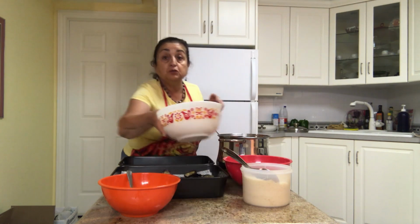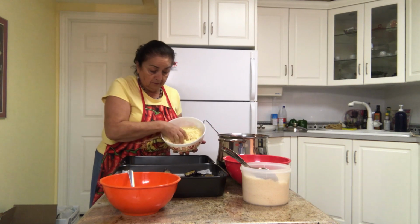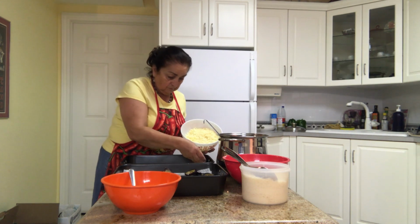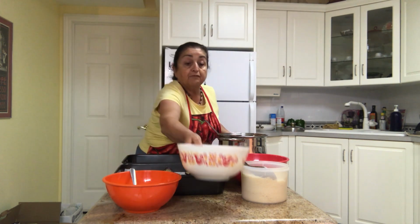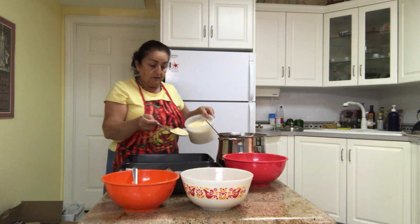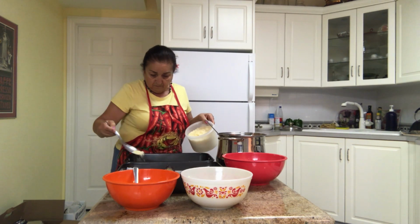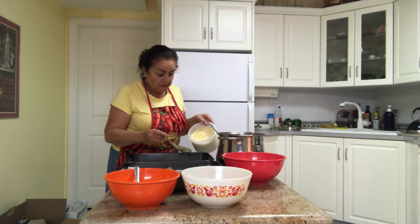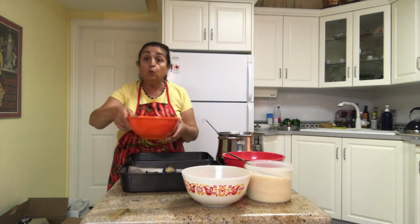To which then I will go to my mozzarella, and I will add a nice layer of mozzarella. After the mozzarella, I will add some grated Parmesan. Now, this is all by feel. There isn't a real measurement. You probably have to make it a few times to really figure out what your preferred